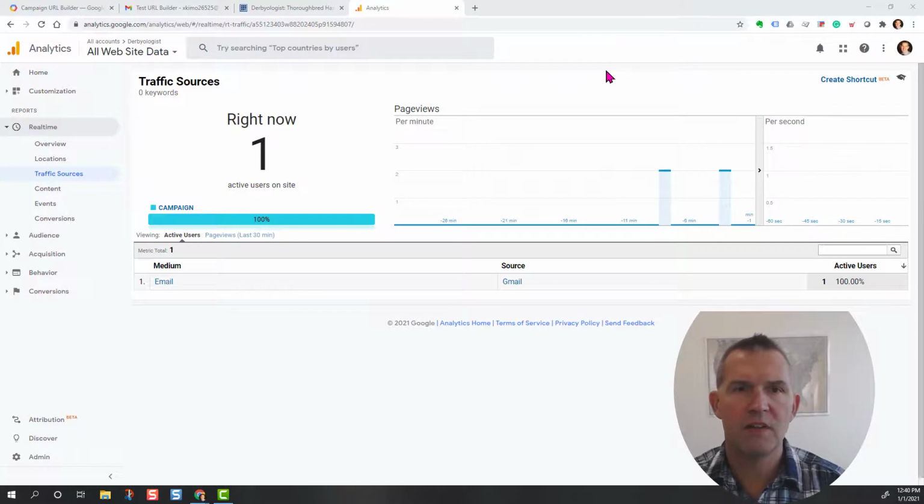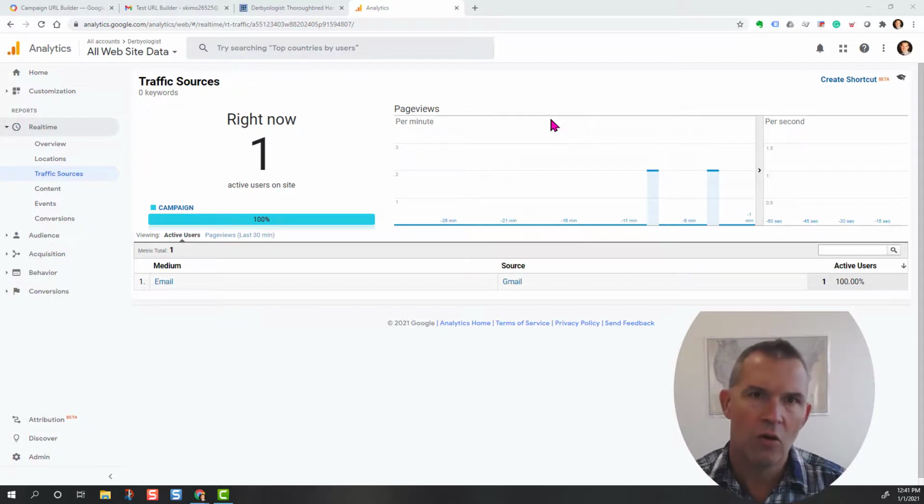You've built the Google URL Builder link, then you sent off the email. Now we are inside Google Analytics, and what you do is you go to your traffic sources, and since I'm currently using that, I'm going to use my real-time traffic sources, but you could also use your acquisition traffic sources, and you select the dates that you sent out the email or the dates that you sent out the tweet or LinkedIn post,